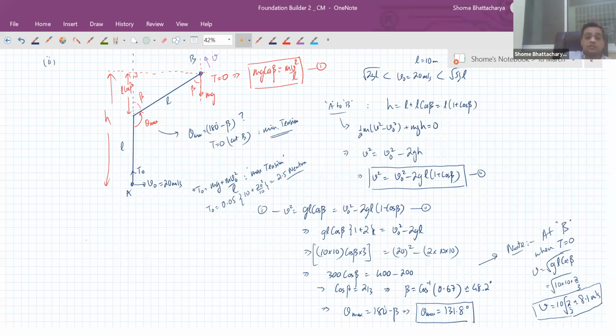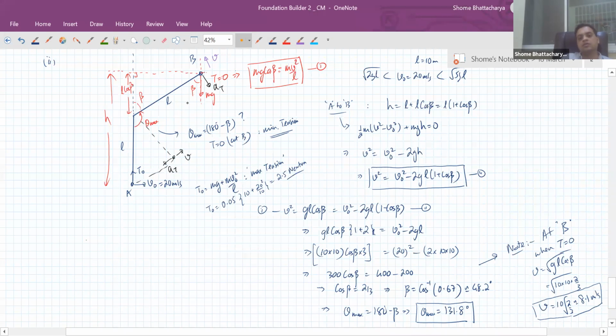Whether the angle is less than 90 or beyond 90, always there is a tangential deceleration, which is like this. See, here also, the component of mg in this direction is creating a tangential deceleration. Okay. Somewhere here also, the component of mg is creating a tangential deceleration. So always the speed is reducing. v is in the direction opposite to this.